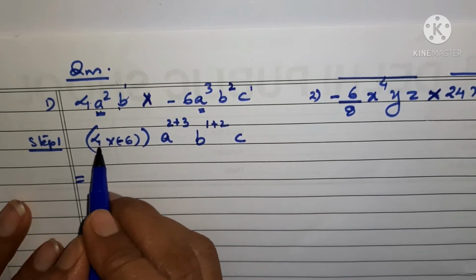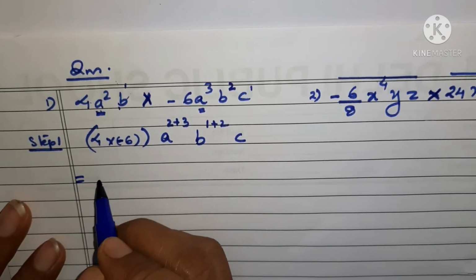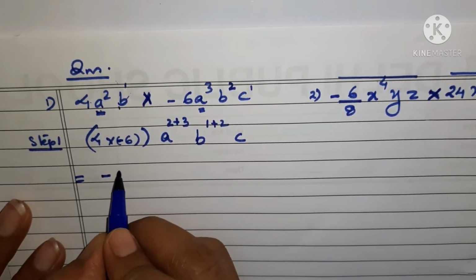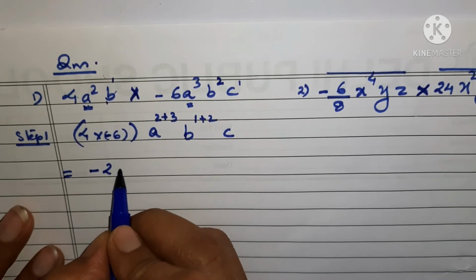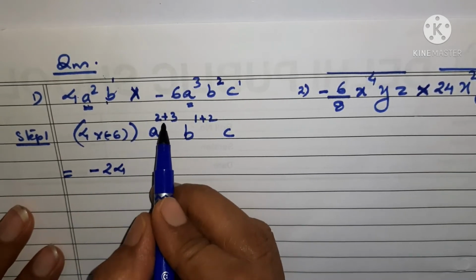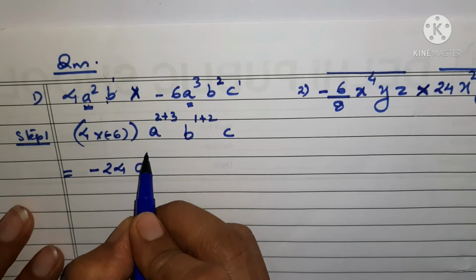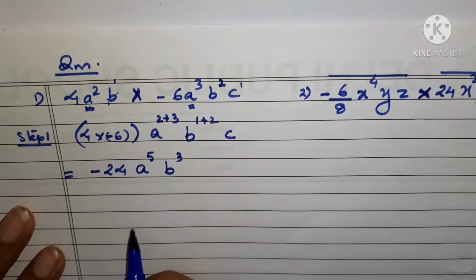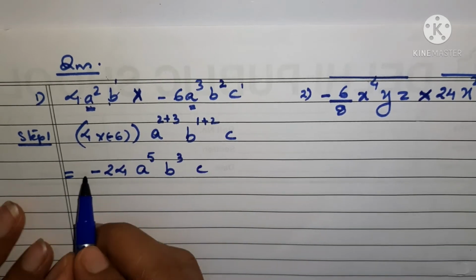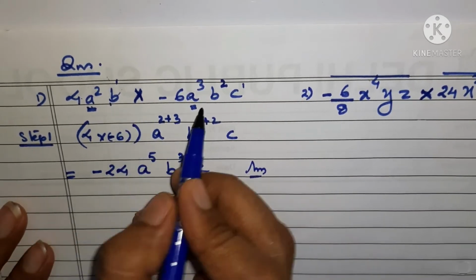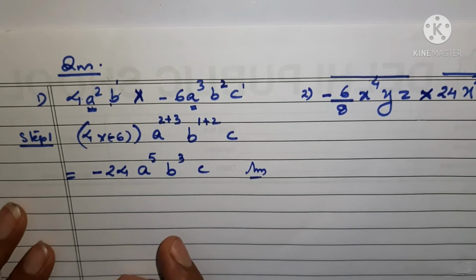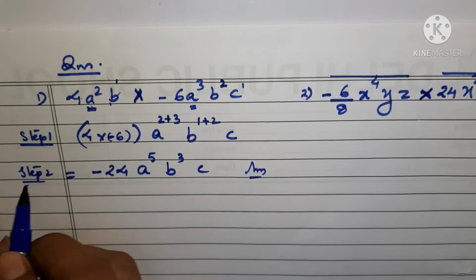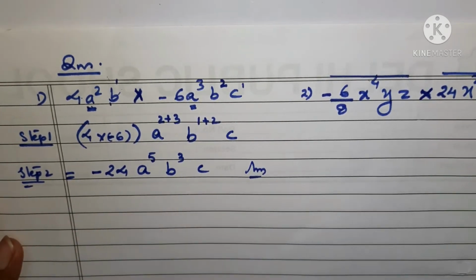You can see that 4 into minus 6 is going to give you how much, since minus sign is there, so you are going to have minus 24. Okay, next is what, a to the power how much, it is a to the power 5. Okay, then what, b to the power 3, and then what, c. So this is the answer to this question. Isn't it so simple? We have not written stepwise anything, simply we have done in only 2 steps. I'll be giving more examples.